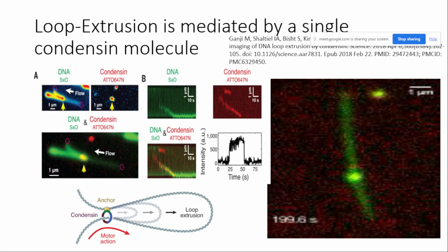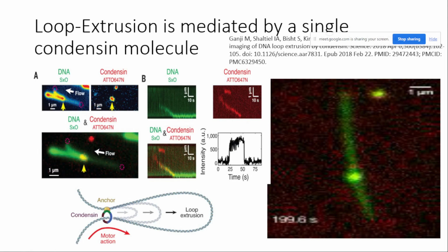There's only one high point. If there were multiple, there would be multiple. Yeah, there is one cycle, right? There is one cycle of this fluorescence activation and the photobleaching. Yes. So that's why there is only one condensin molecule involved here. And the position of the condensin, you can see that it is at the neck, at the stem or the neck position of the loop here. If you follow the position of the blue dot here, it is just at the neck. So that is also a conclusion from this experiment.